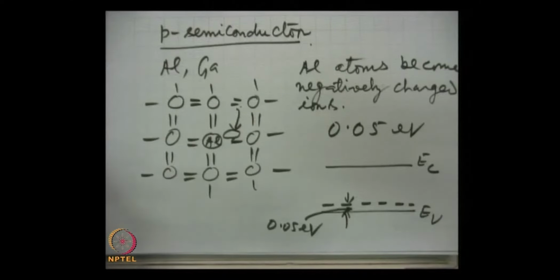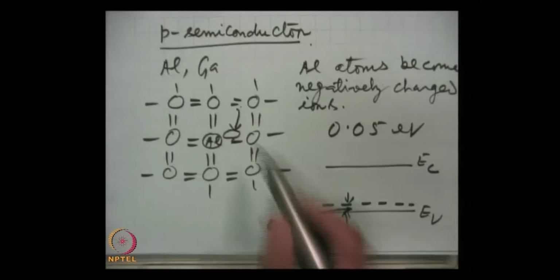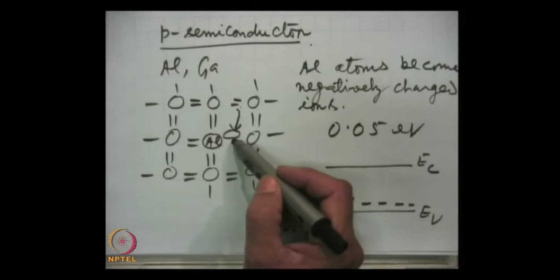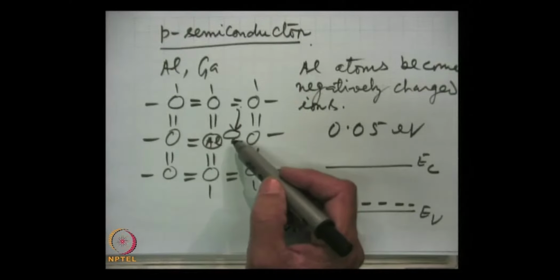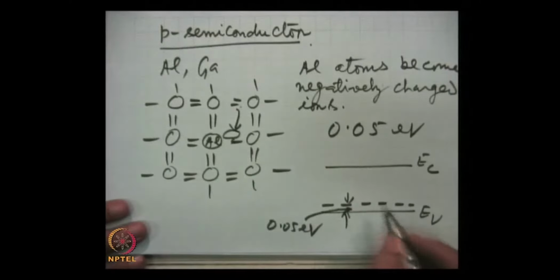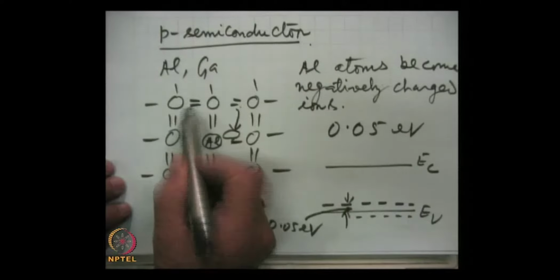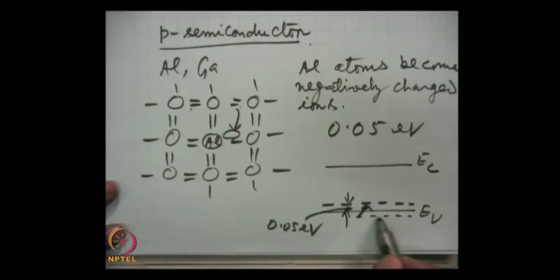Now, that means this much energy is required for this electron to jump, which is available as thermal energy at room temperature. And so, these bound electrons move to these states to make them negative ions, and they